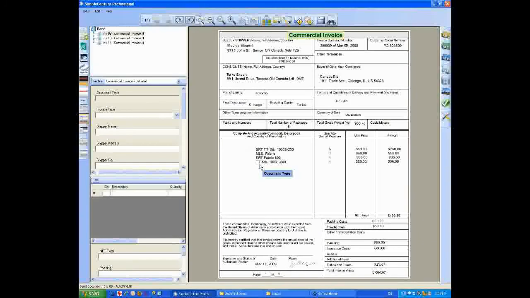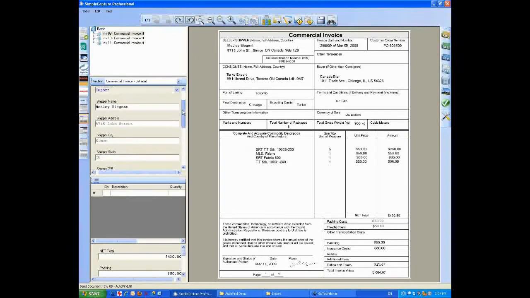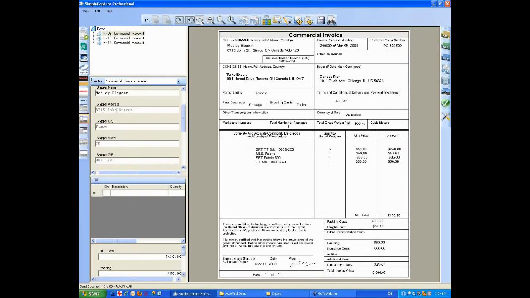Okay, everything is processed. Now this commercial invoice combines a few features on one document. It shows us an alert that it was able to recognize this document. I'm going to push the F3 button, and as you can see, it was able to extract some information. I'm going to just put in the invoice type, and let's see. We have information